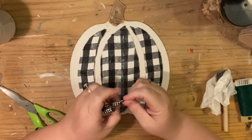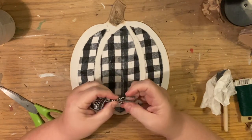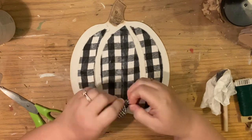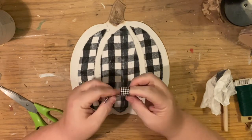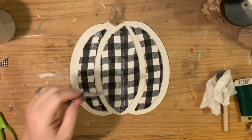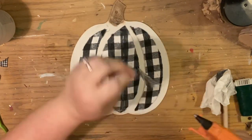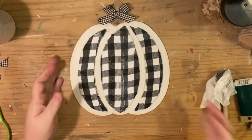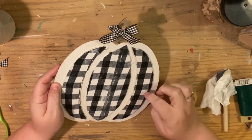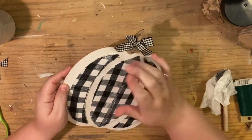I just took a little bit of the small gingham buffalo check. It's gingham, but the small little baby gingham from the Dollar Tree. I just tied a little bow. Now this does have a hole for hanging. If you're not going to hang it, you can just go ahead and cover the hole with the bow, which is what I'm doing here. But if you plan on hanging it, you can just go ahead and use that to insert a piece of